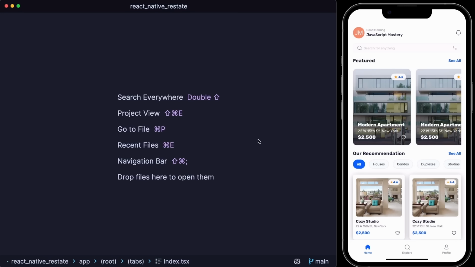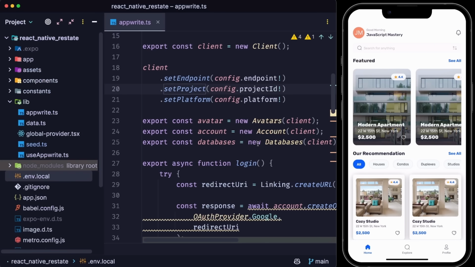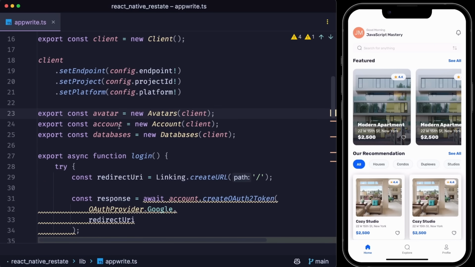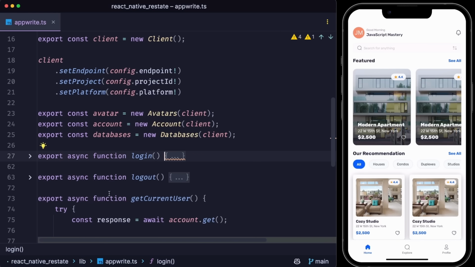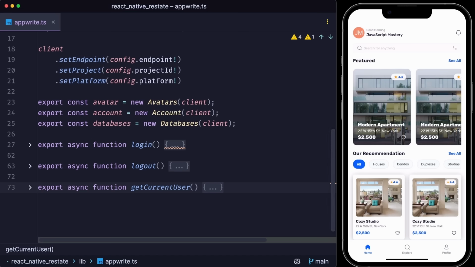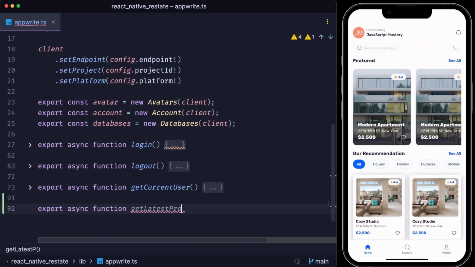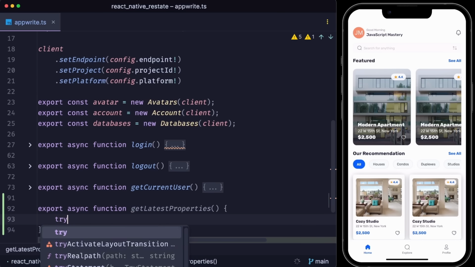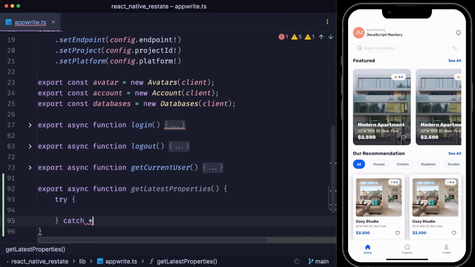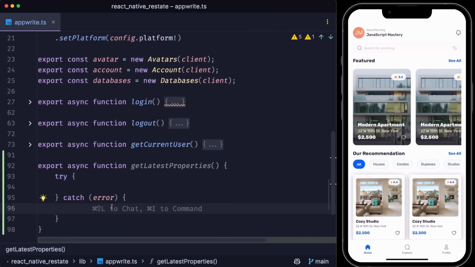To fetch the properties, let's head over to appwrite.ts, which is where we're dealing with everything regarding Appwrite from avatars, accounts, and databases. We have already implemented the login, logout, and get current user functions, but now we'll focus on fetching the properties we have seeded the database with. So right here, let's say export async function getLatestProperties. We can open up a new try and catch block, inside of which we get the error. Within the catch, we'll simply console.error the actual error, as well as just return an empty array